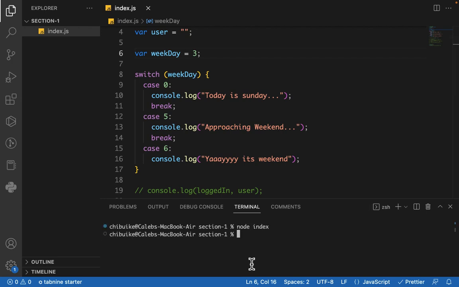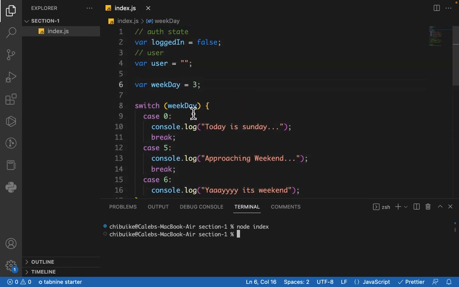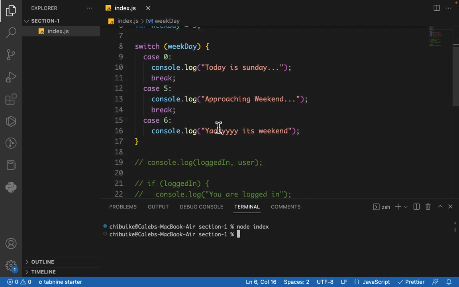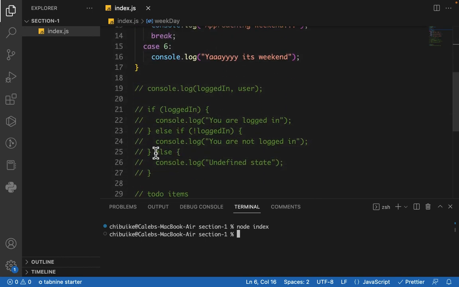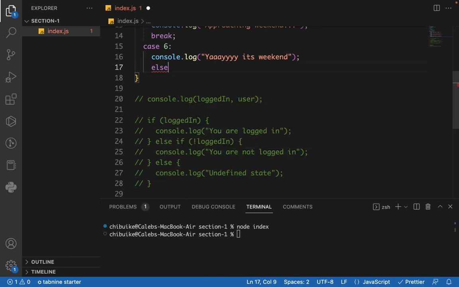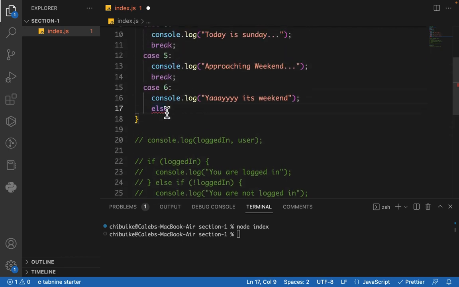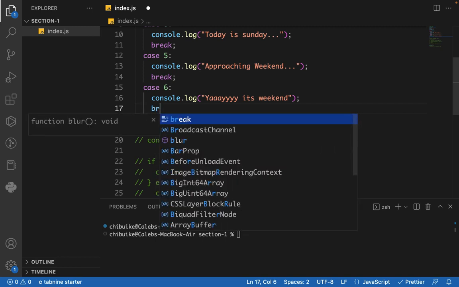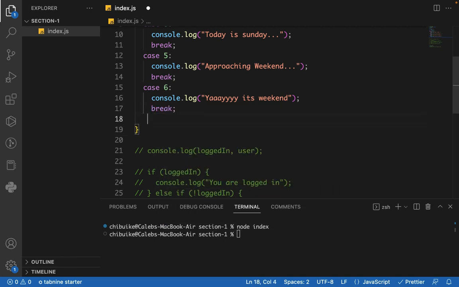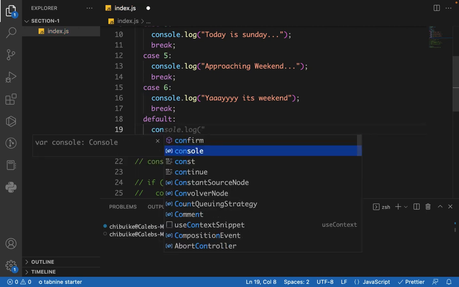We got nothing. Well, that's because we have no case handling for day 3. Now we could actually have something like a else case, but we can't actually write else here, can we? No, we can't. And you can see it's actually yelling at me that else doesn't belong there. So I'll just break from here and write a default. So it's actually replaced by default, and we could just log to the console,